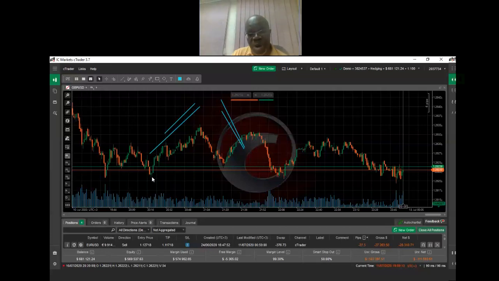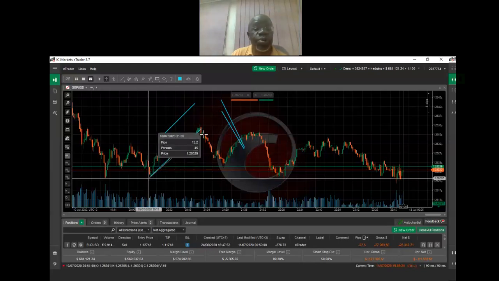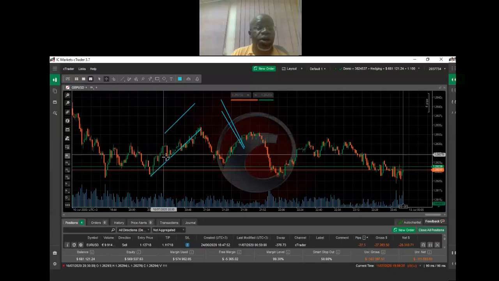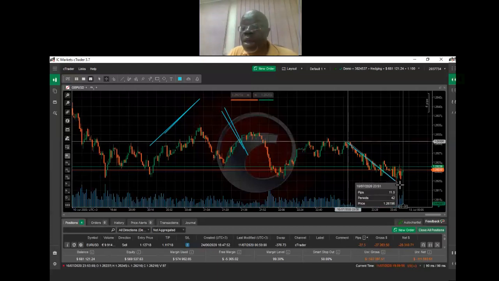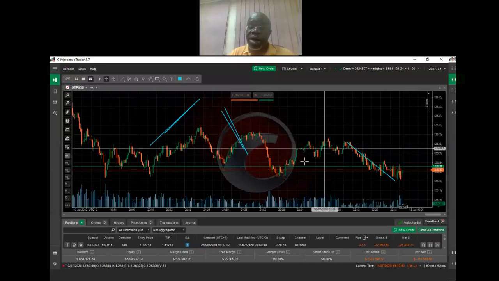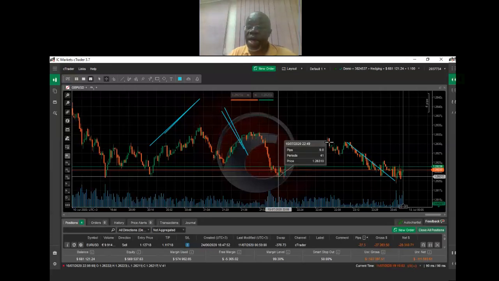So basically, we're saying the move from down here to there is almost 10 pips. Well, actually, not 10, it's actually more. This is what this one was, 12. Okay, 12. So if it's 12, then when I want to trade, I take an average of maybe the last four or five cycles, okay, and try and figure out what would be my take profit. So again, if I took the last move from the last high to the last low, okay, and then you measure it, you'll find that it is about 10 pips. Okay, so it seems like our average price move from the low to a high is almost 10 pips,